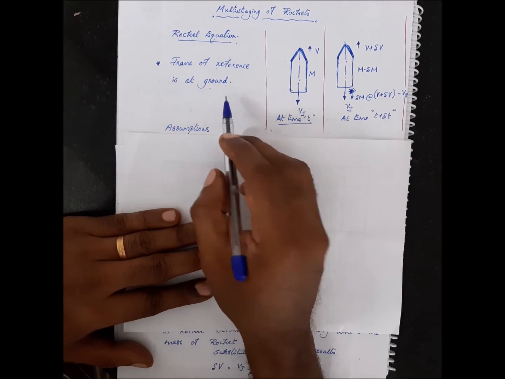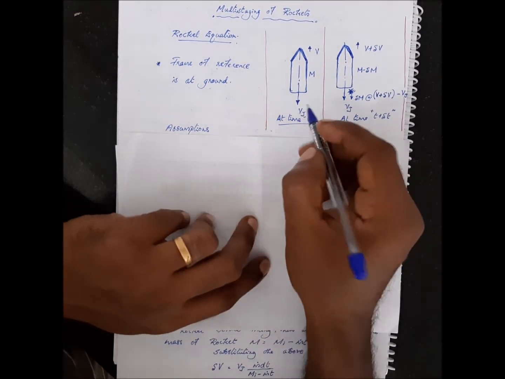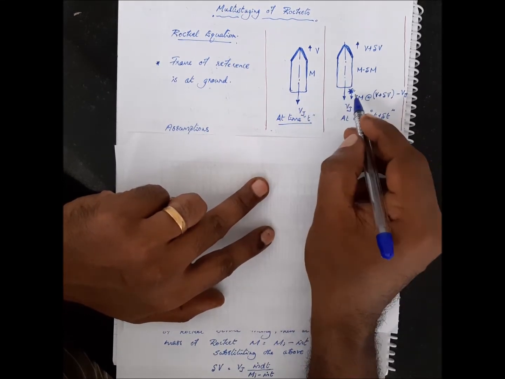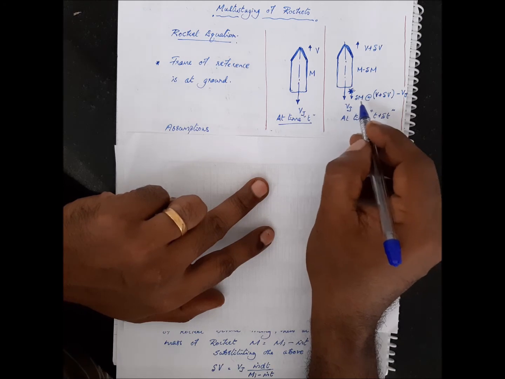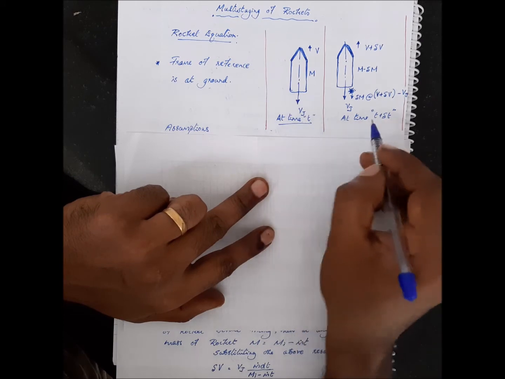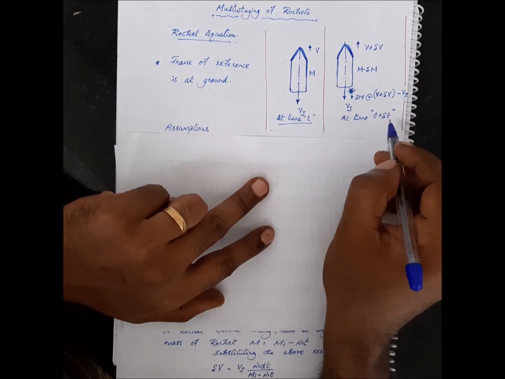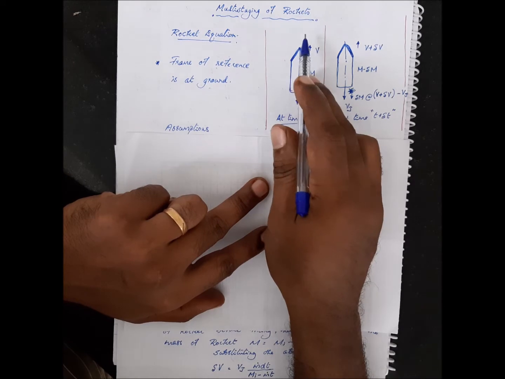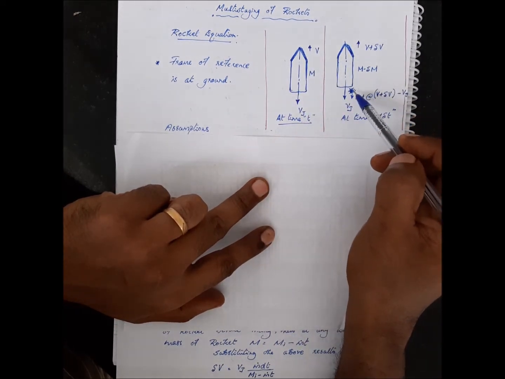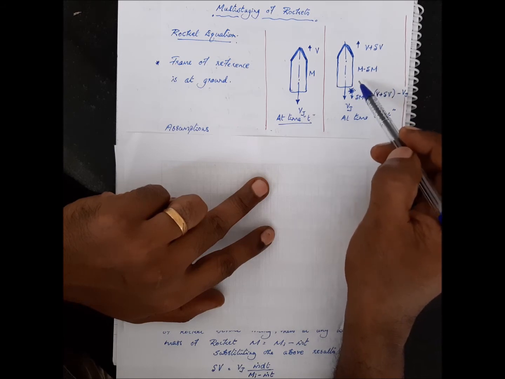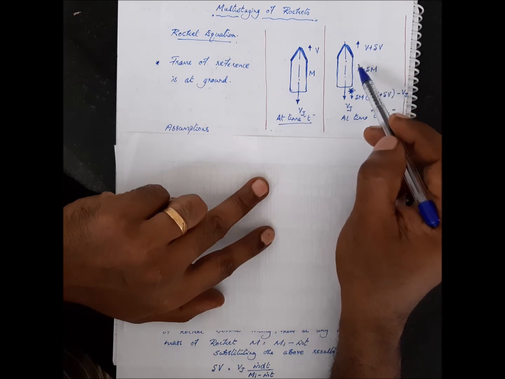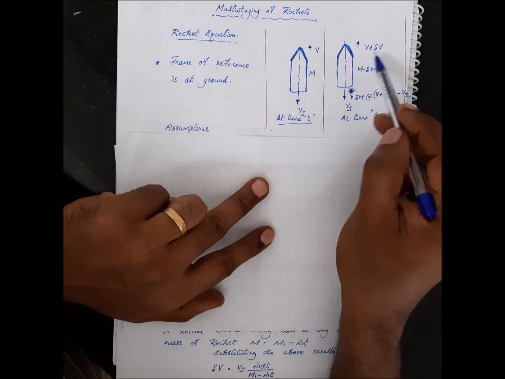The frame of reference is at ground. You have two figures. One is you are igniting the rocket at time t, and it is slightly moving up while ejecting a small portion of mass delta m at a velocity vj. So this is at time instant t, and this is at the next time instant t plus delta t. So the mass of the rocket is m, and the velocity at which the rocket is moving is v. Since you are ejecting a mass, it has an increment in velocity, so it has v plus delta v.